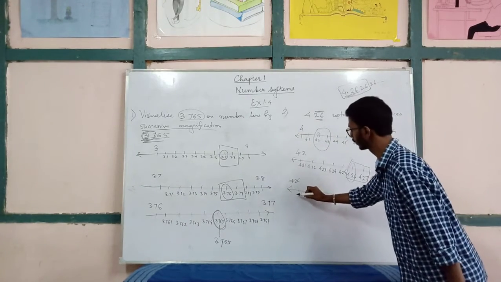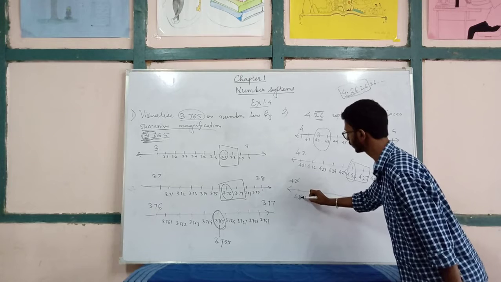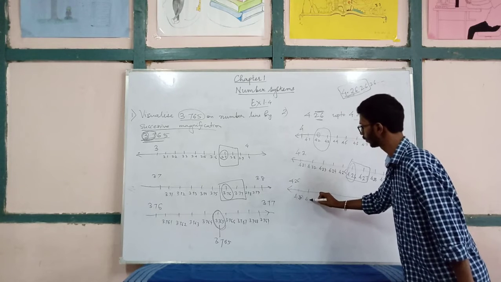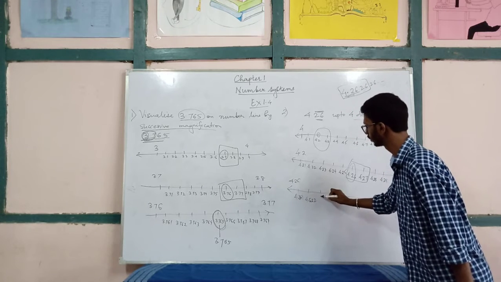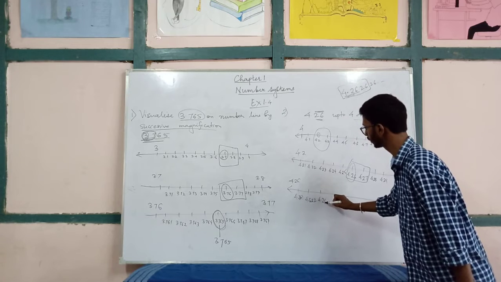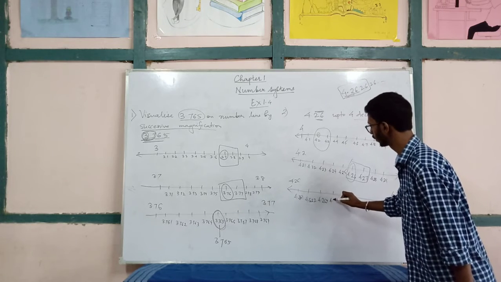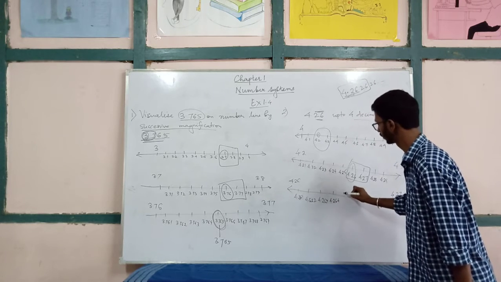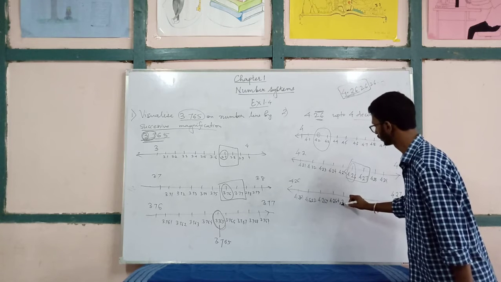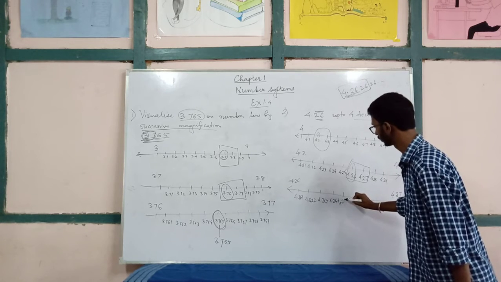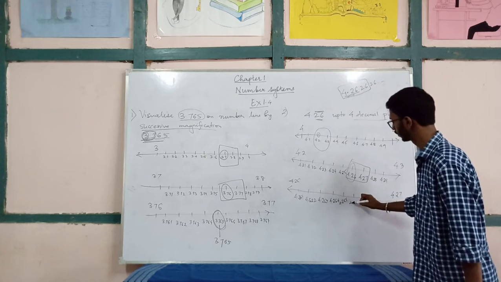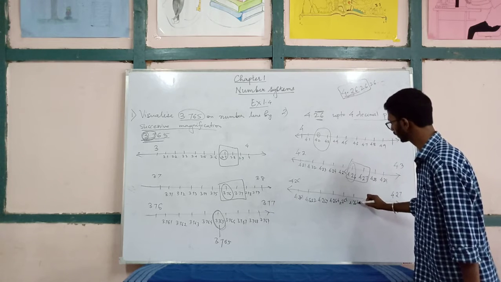So now we will write 4.261, 4.262, 4.263, 4.264, 4.265, 4.266,